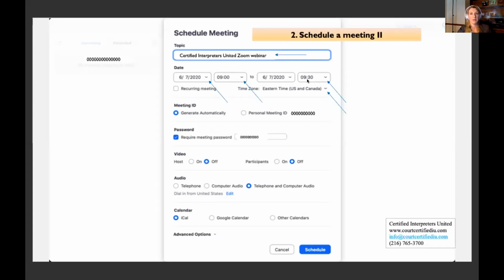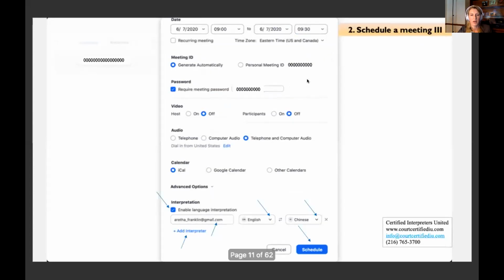Now, at the very top, I'm done filling this all out and I come down to the very bottom. Now, this is very important for you. As we enabled the language interpretation function through the Pro plan or business plan so that you have the webinar add-on, now you have interpreting services enabled. In this case, I'm going to invite Aretha Franklin to be my interpreter. She's going to be an English to Chinese interpreter. And now I come down here and I'm going to schedule. Aretha Franklin's email address is placed right here. She will automatically, by default, receive an email